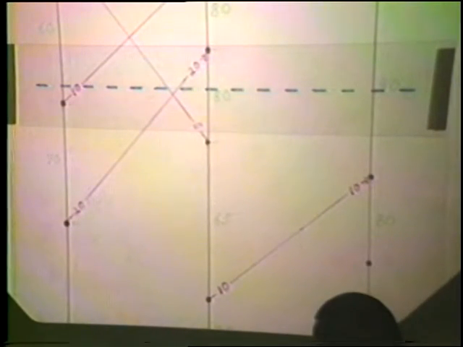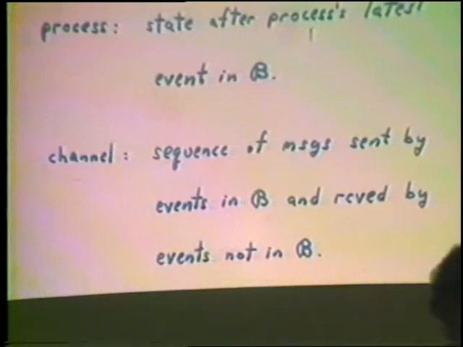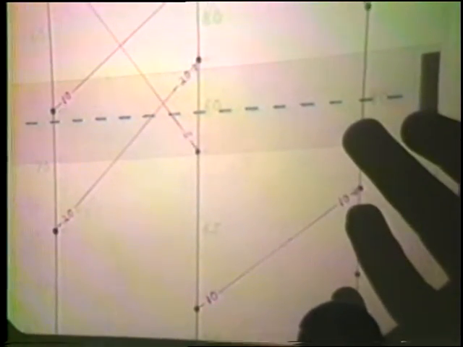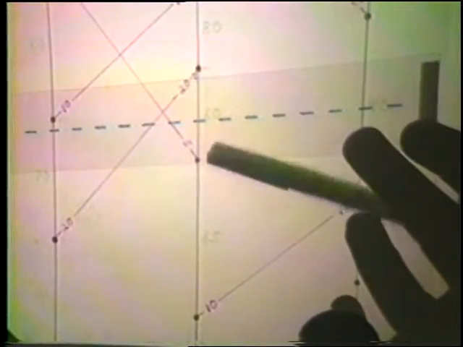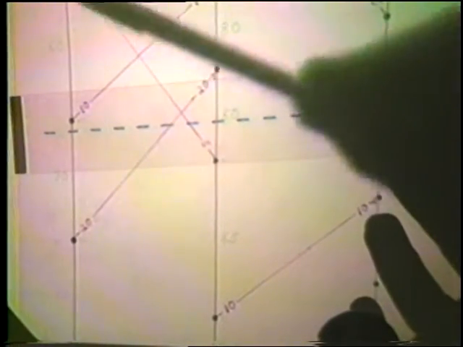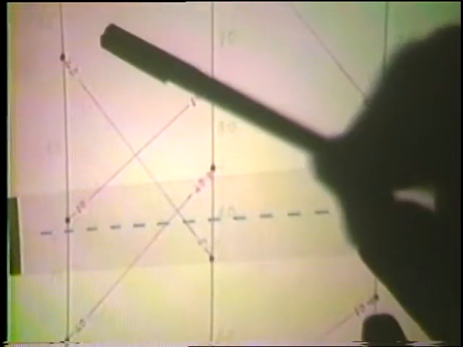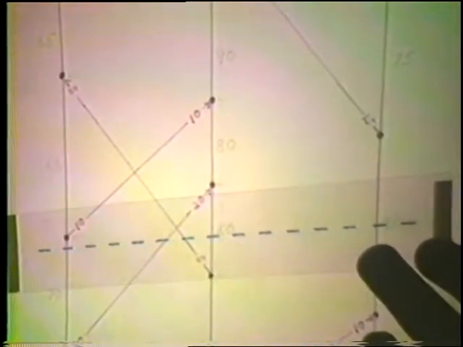Now, the channel state, the sequence of messages on a channel, is the sequence of messages sent by events in B and received by events not in B. So, for example, here, another way of looking at it are the sequence of messages that intersect this line, that are sent by events underneath the line, events in the time slice, received by events outside, not in the time slice, above the line.